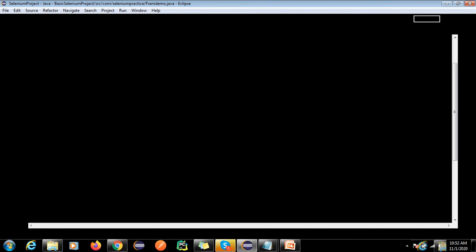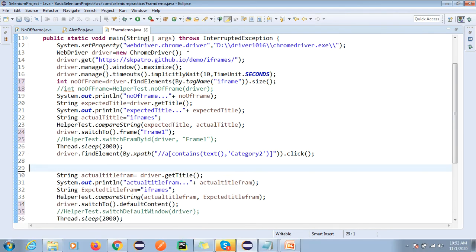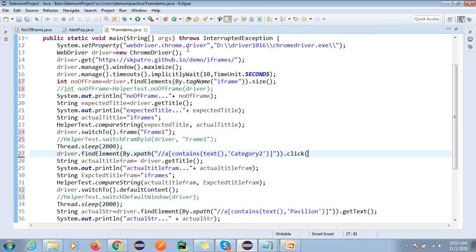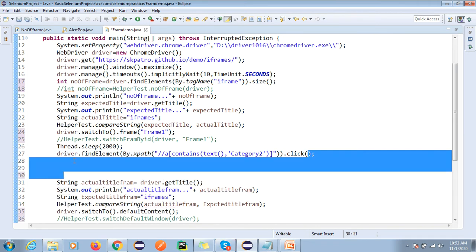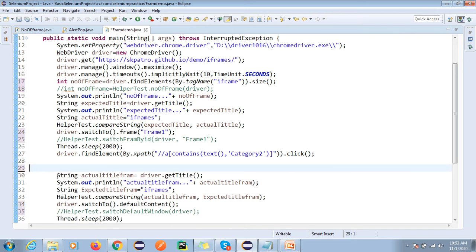Yeah, my system hanged. Anyone can explain? What I spoke, are you guys able to understand the concept or not? Yes, sorry.